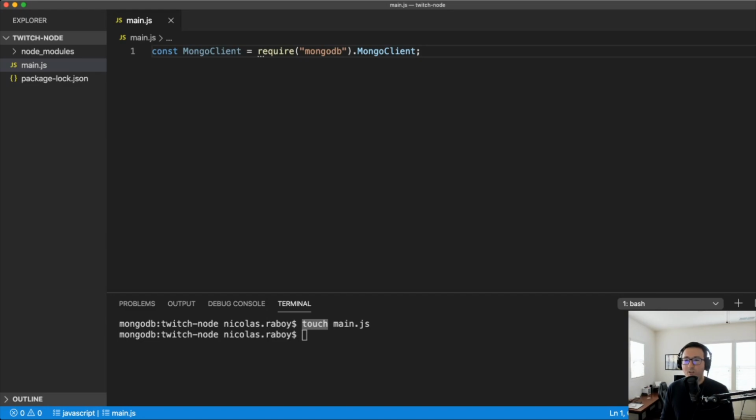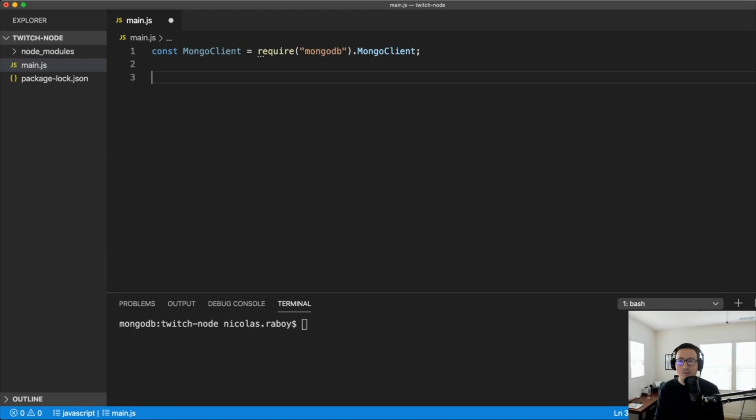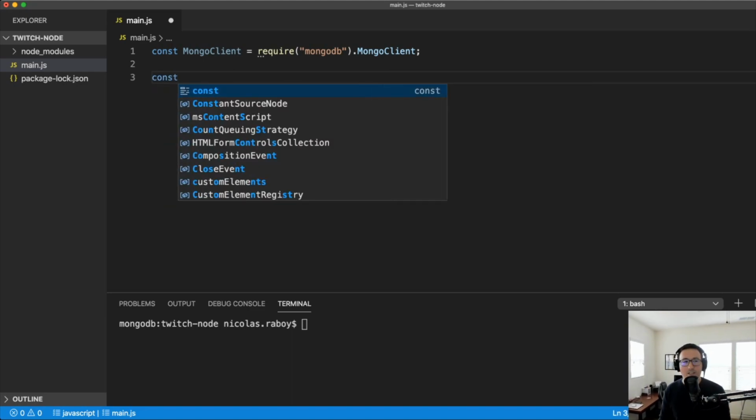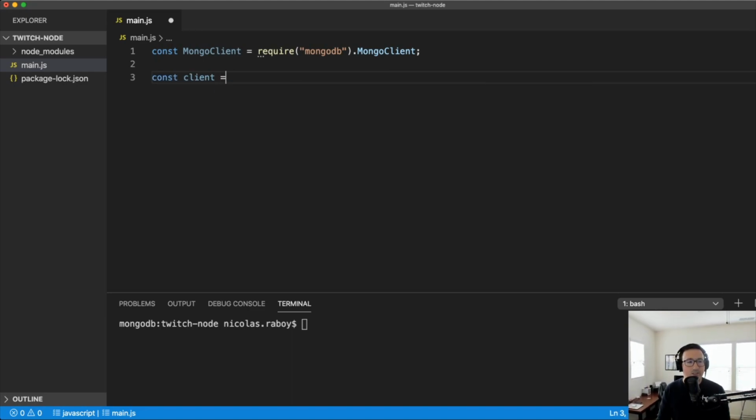So with MongoClient available to us, now we can create a new instance of it, and that's where we define our Atlas URI, which, as I previously mentioned, is stored as an environment variable on my operating system. You could pass it in however you want. You could hard code it. I probably don't recommend hard coding it in your applications, because then not only might it be exposed to somebody else, but you have to remember to update it, or you have to worry about committing it to GitHub or things like that. But we can say const client equals